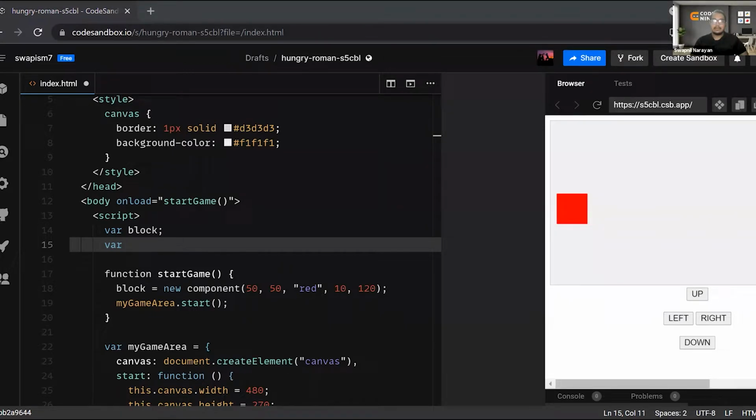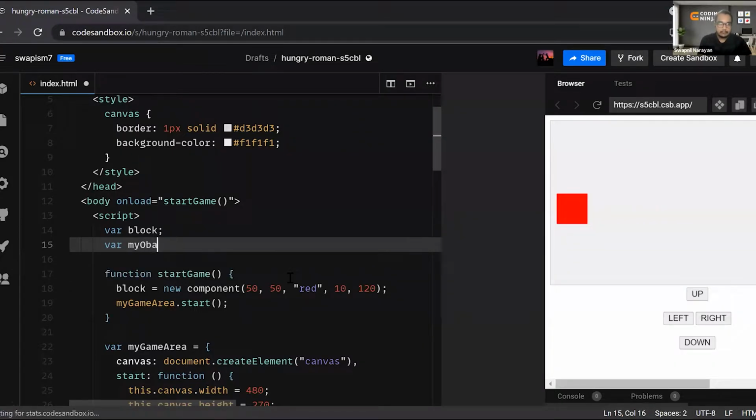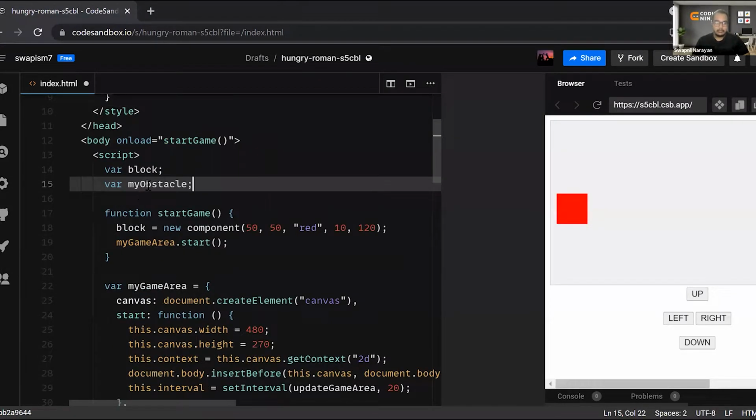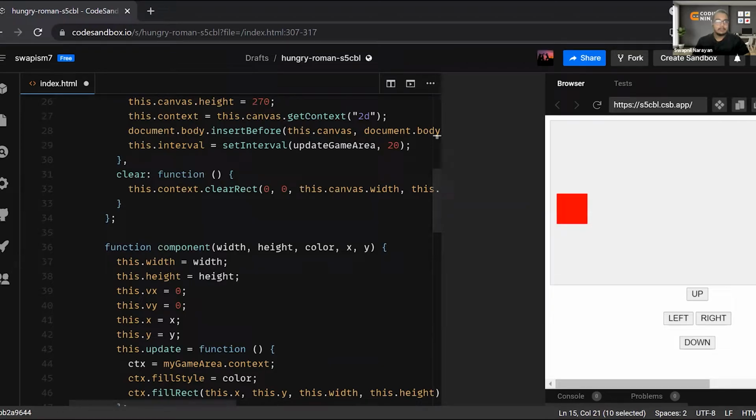For one obstacle I have already shown you, and two obstacles I have already shown you, right? What we did is we made another variable over here. Let's name it my obstacle. Fine. So this my obstacle I need to update over here in the component area, right?